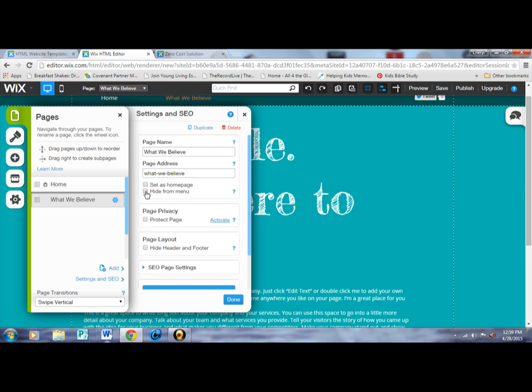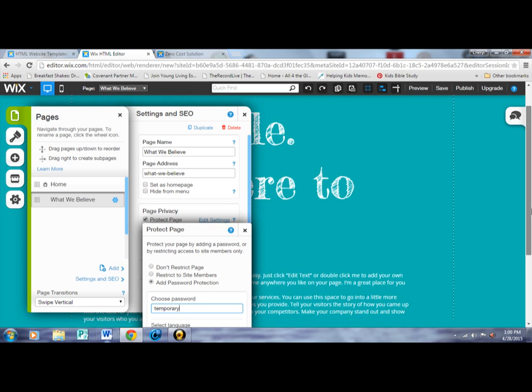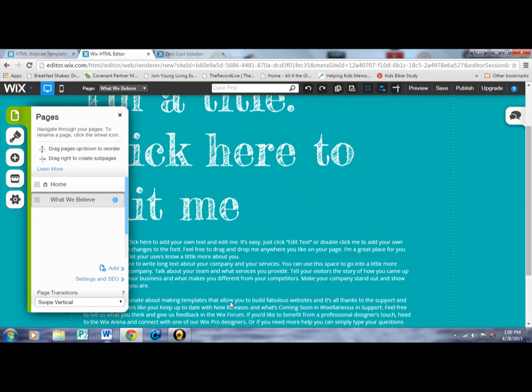Or if you wanted to create some pages that are strictly available for maybe staff or your ministry leaders, you would create the page and then you would protect it. And there are different ways to protect it. You can restrict it only to those who sign up to your site. Or, like I said, you can password protect it so that when they go to the site, they have to type in the password to get into that particular page. They can still get into your site, but they won't be able to get into that page. So to show you how that's done,